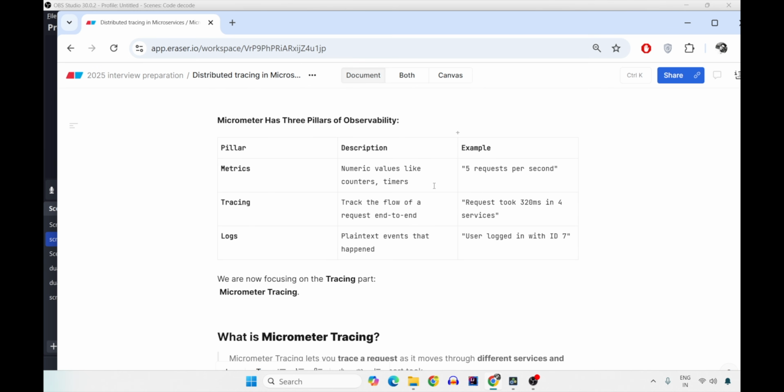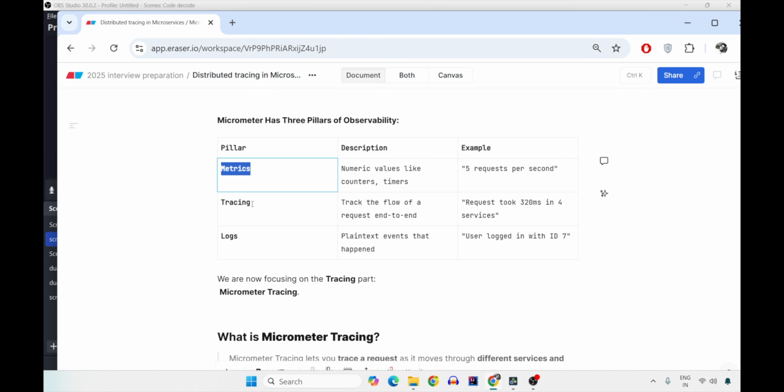Okay. First, let's understand the three pillars of Micrometer. That is metrics, tracing, and logs. Why I'm covering this is because metrics was also there in Spring Boot 2. This is not new in Spring Boot 3. And I have already covered the number of burgers you order, the time taken by the restaurant to fulfill your 5 burger order and give it to you, and the total number of people in the queue for your waiting list. All those gauges, timers, counters, the numeric values, become the metrics part.